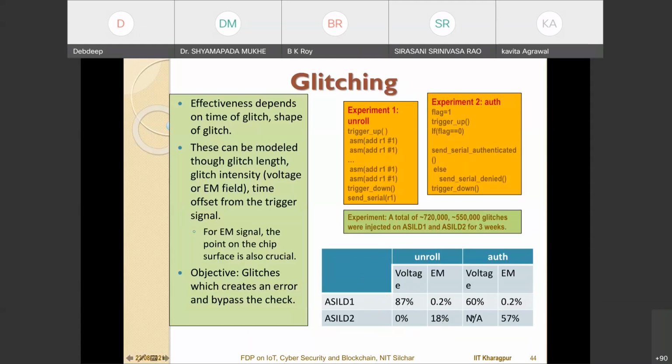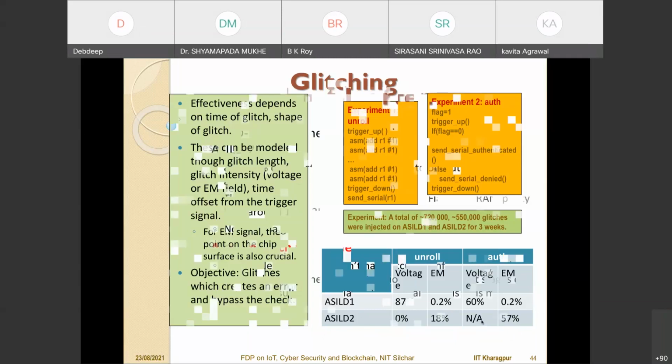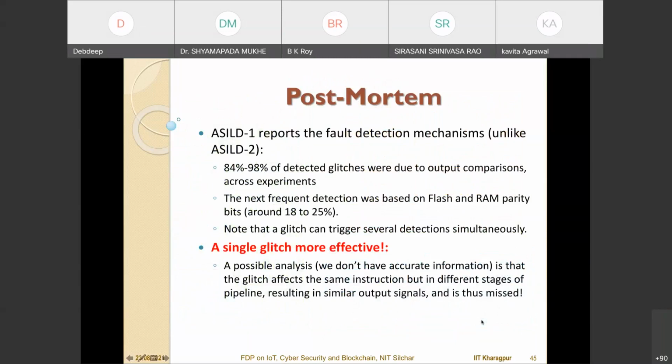In the second case, when you are doing an EM-based attack, the second chip essentially shows that 57% of the time there is a compromise. So this shows us that the inherent security mechanism fails. So let us talk about a postmortem that we did,